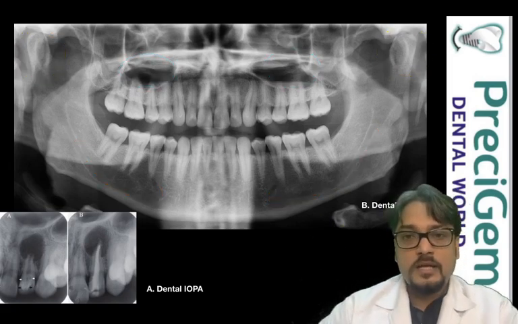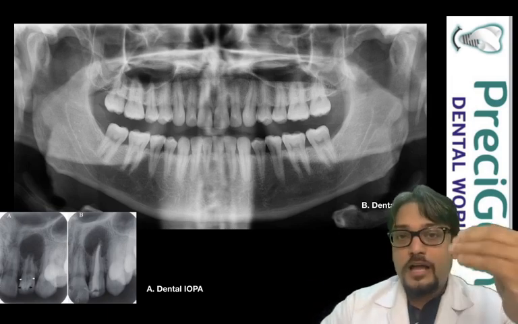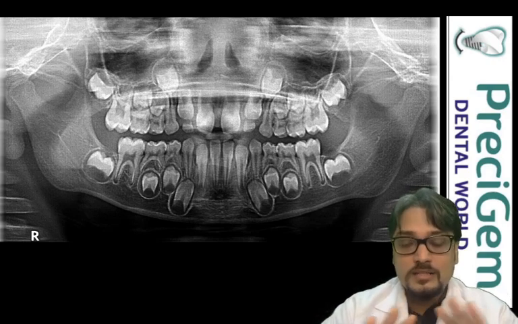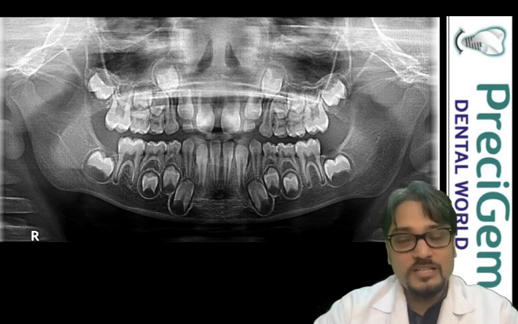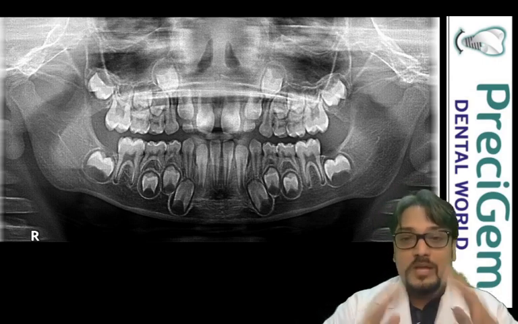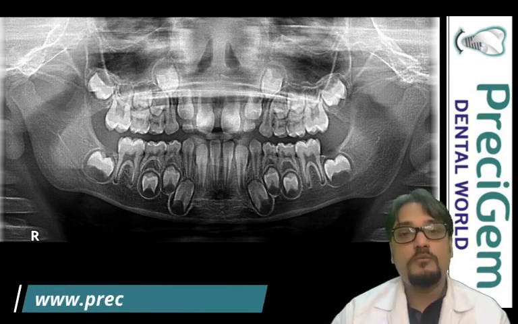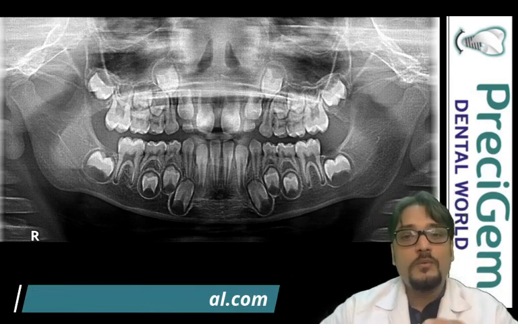Now this is a dental OPG X-ray of an adult whose teeth are all very well, but I will show you an X-ray of a young boy around 7 years. You can see all his teeth are milk teeth, and below these milk teeth are the permanent teeth buds. So what we see in the mouth is totally different from what is inside the jawbone. That is why it is very important to see the jawbone with the help of a dental X-ray.